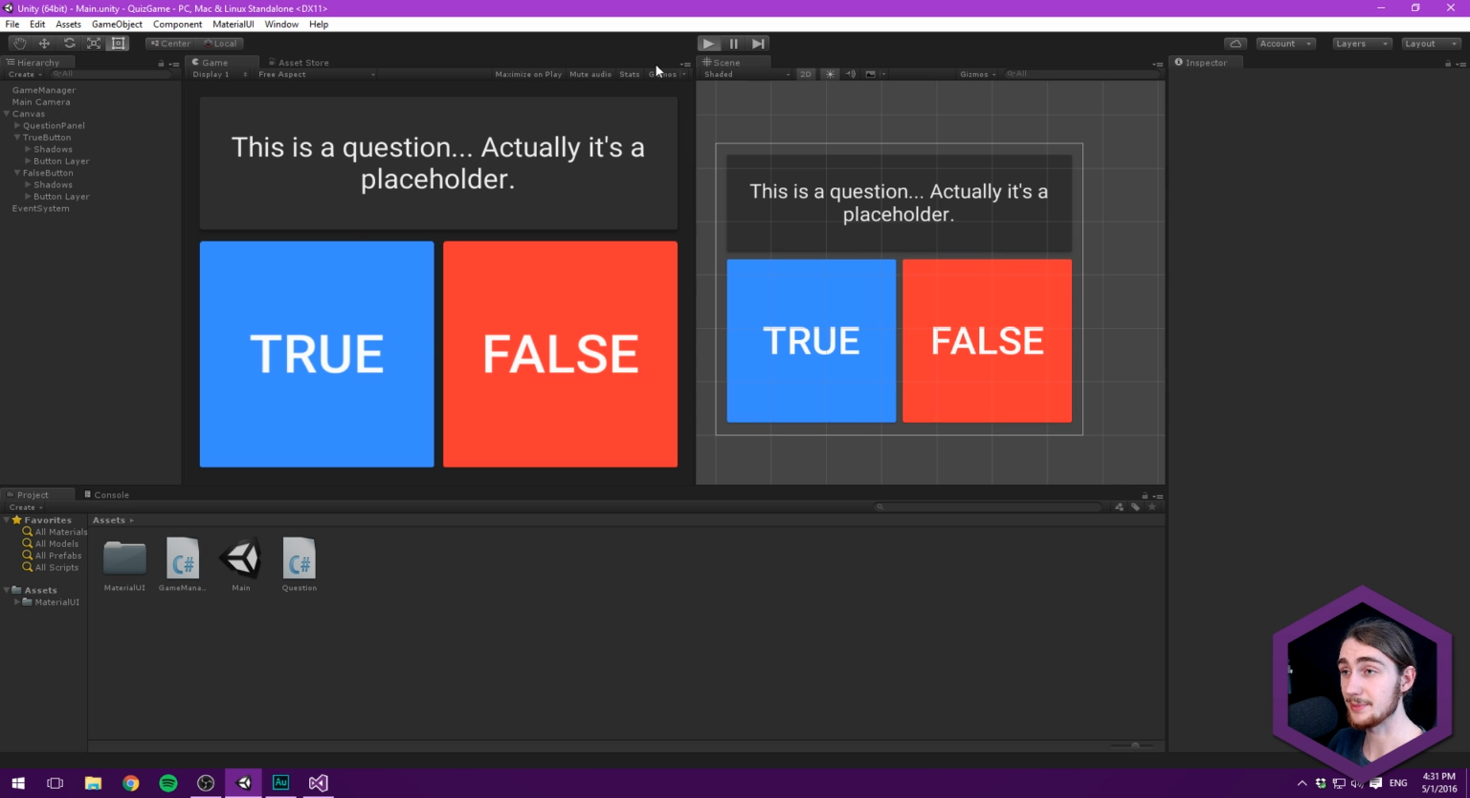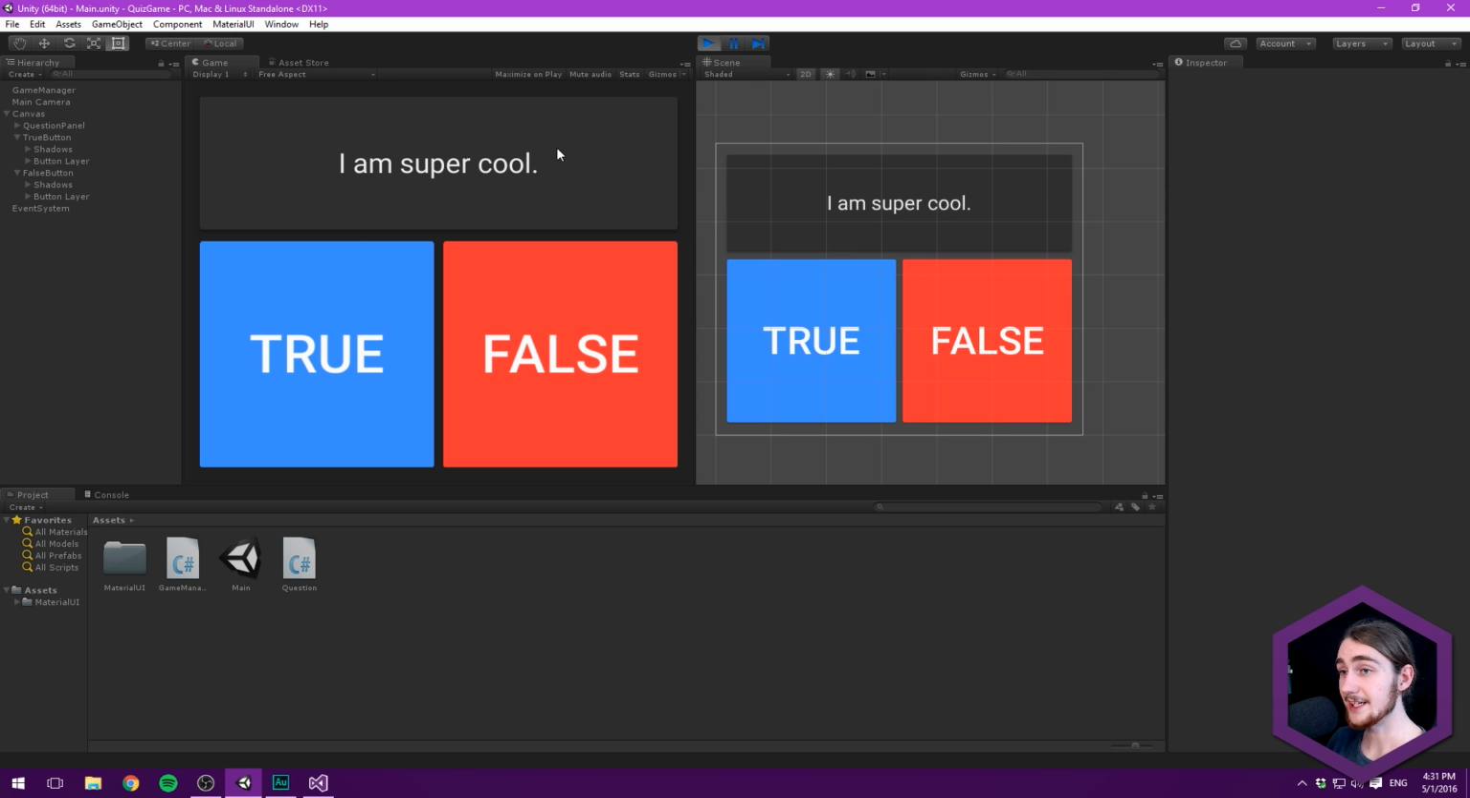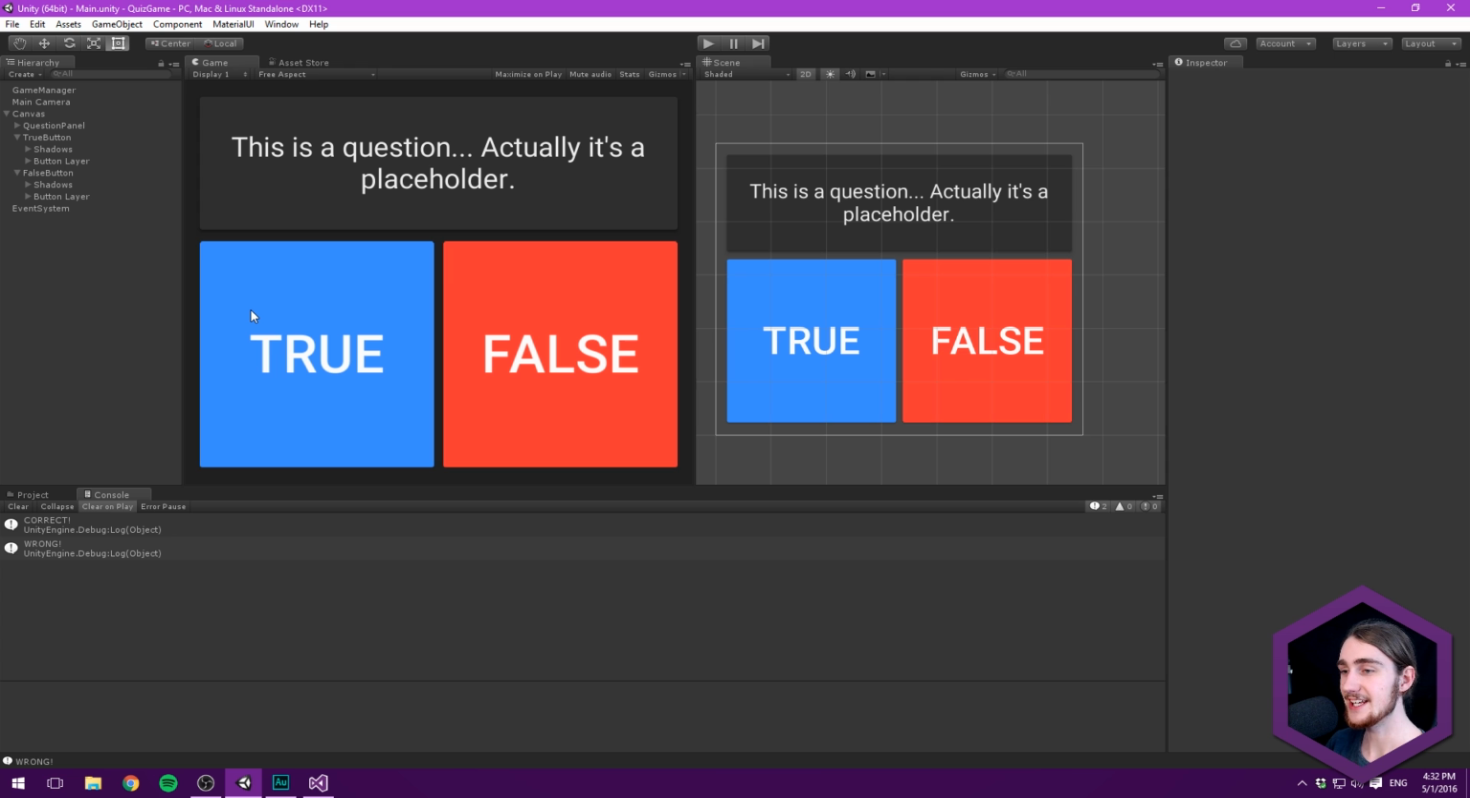Good. So now we can hit play here. And I am super cool. That is indeed true. And you can see it says correct. If we then choose false, you can see it says wrong. So that's perfect. So the next thing that we need is both a way for this to be displayed on